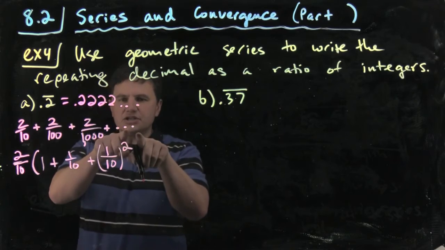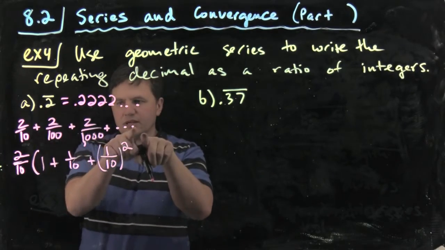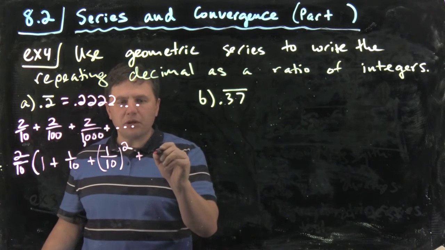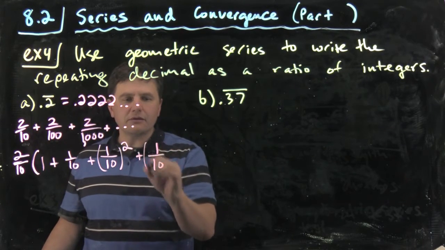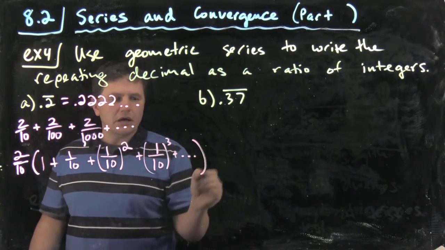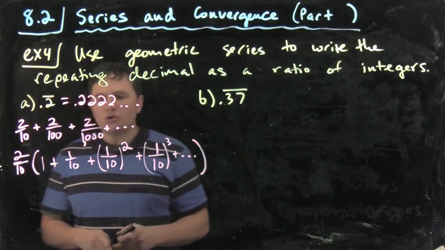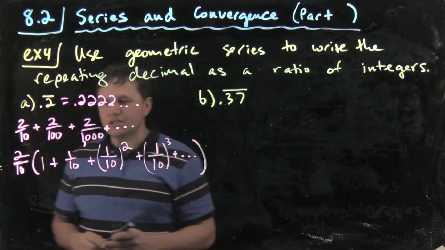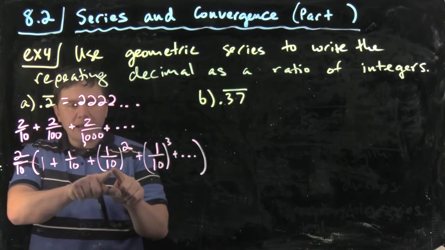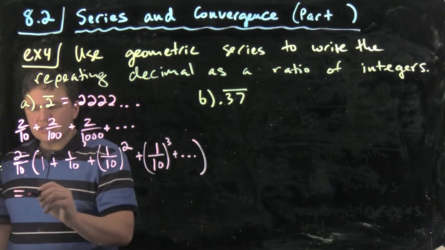Now we can do the next digit here, even though I didn't write it, because we can see the pattern. This has 3 zeros, the next one has 4 zeros. So this will be plus 1/10 to the 3rd power, and that's going to go on forever. Okay, so now this is something that I can write as a geometric series. Realize this is my common ratio, R. This is my A. So this is equal to